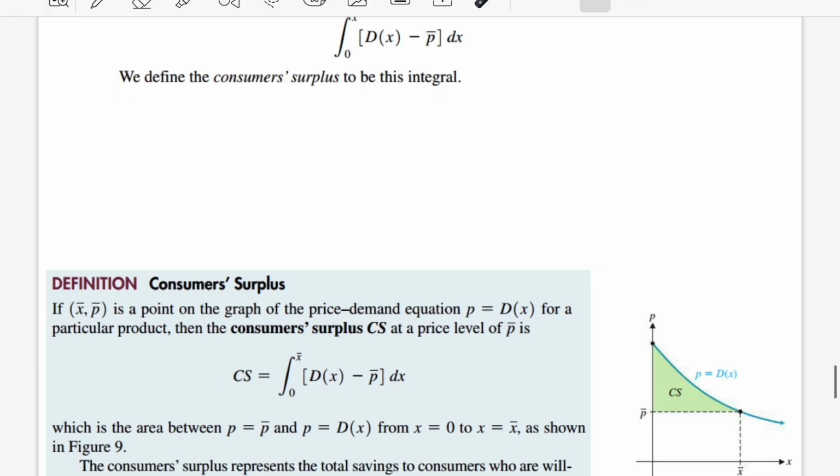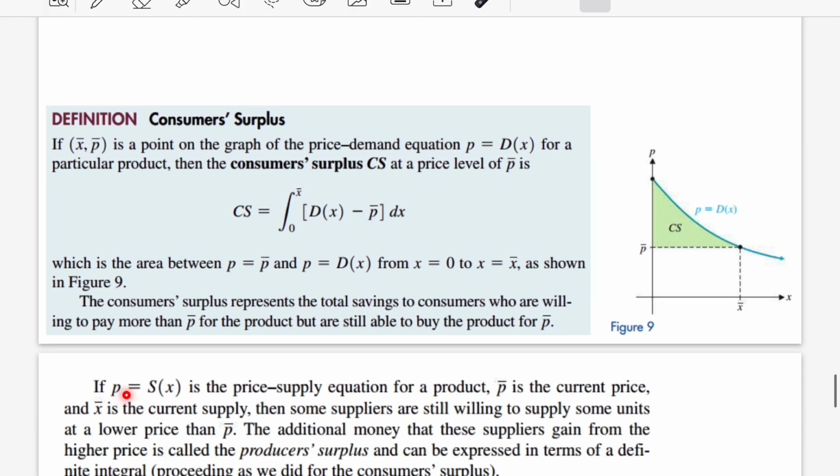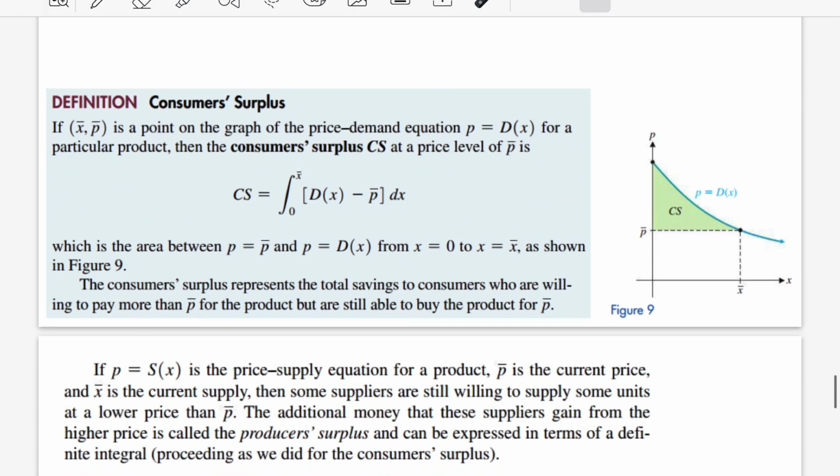Now, on the other hand, if P equals S of x is the price-supply equation for a product, then P bar is the current price and x bar is the current supply, and some suppliers are still willing to supply some units at a lower price than this P bar. Now, this additional money that these suppliers gain from the higher price is called the producer's surplus and can be expressed in terms of a definite integral, very similar to how we did for our consumer surplus. So formally,